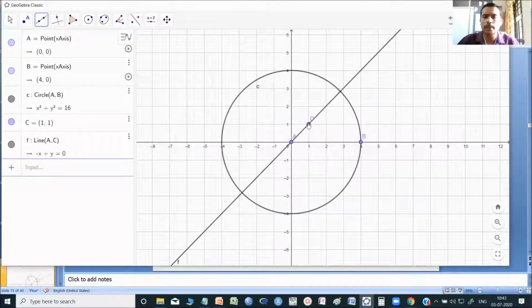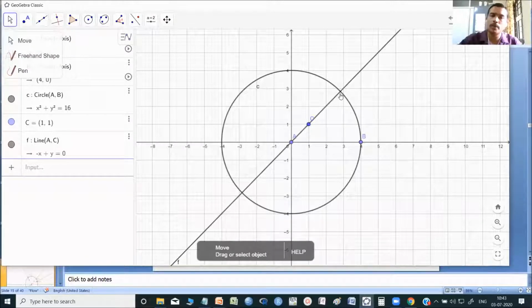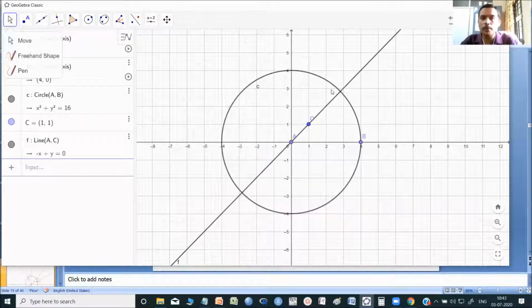I'll just show that the angle between this circle and this line is 90 degree. That's all. We can trace more later. Fine. So before that, the software should give me the point of intersection. If I am finding a point of intersection, it may not be so proper. So first thing is to find the point of intersection through the software.